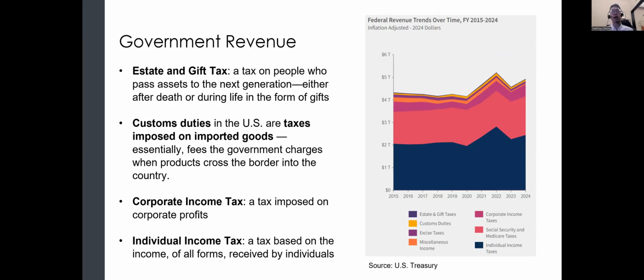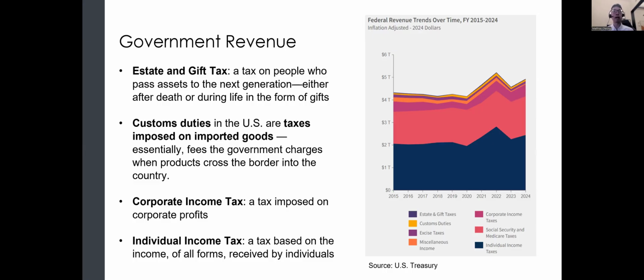The second type are customs duties, which are taxes imposed on imported goods. These are fees the government charges when products cross the border into the country. And third, corporate income tax, which is a tax imposed on corporate profits. On the individual level, the government does impose individual income tax, which is a tax based on income of all